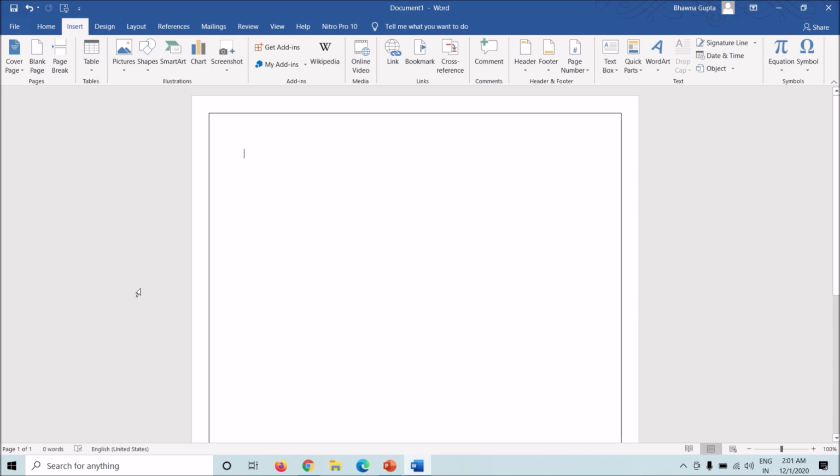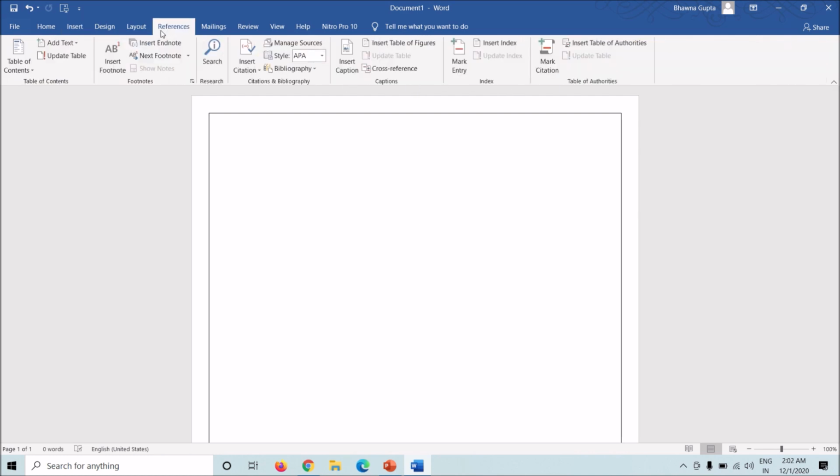Now, similar to Docs, Word provides the option to add pictures, shapes, smart art, chart, screenshots for that matter in your Word document, links, bookmarks, cross-references. Now, this is where the Word is a bit advanced than the Docs. You have an option to add citations or references, insert endnote, footnote in Word.